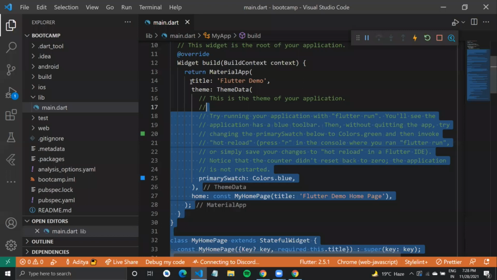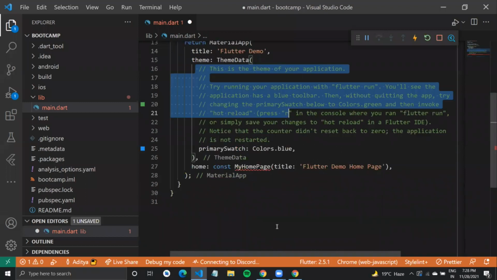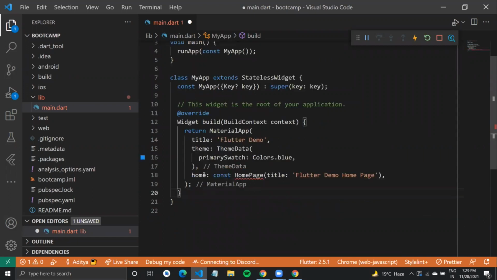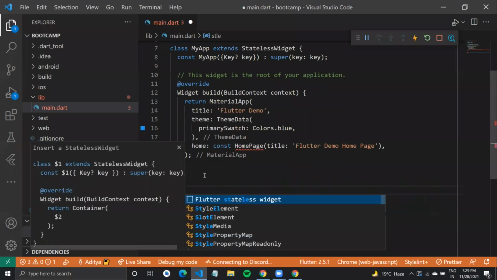I'll also get rid of these comments. So this is a basic representation, but if you want to create a new widget, you can type in stateless and it would give you two options. There are two types of widgets: stateless and stateful. I won't go into much of it because this workshop is more of an introduction.